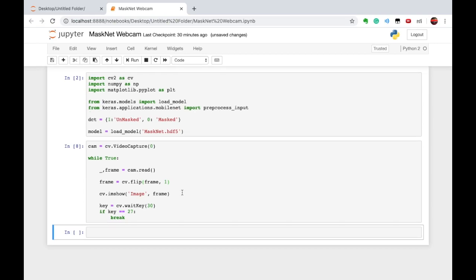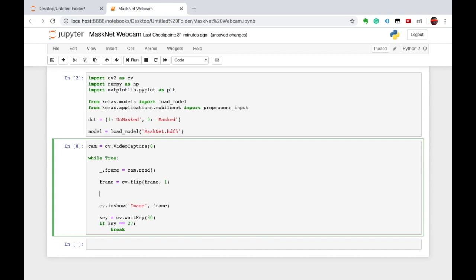Now we are going to pass each frame into our neural network model, and to do that, first we need to pre-process our frame. So first I need to pre-process our input, and we'll pass our frame here.